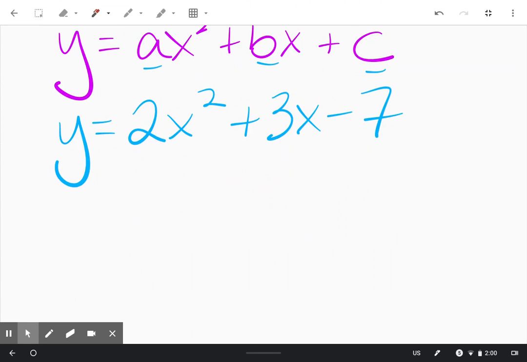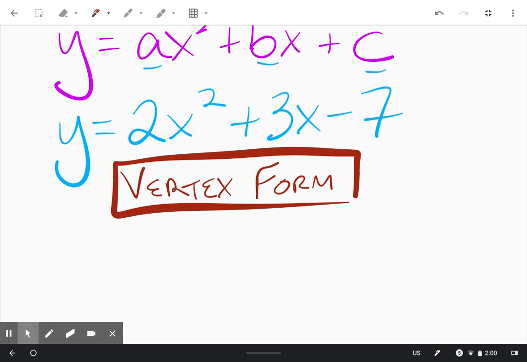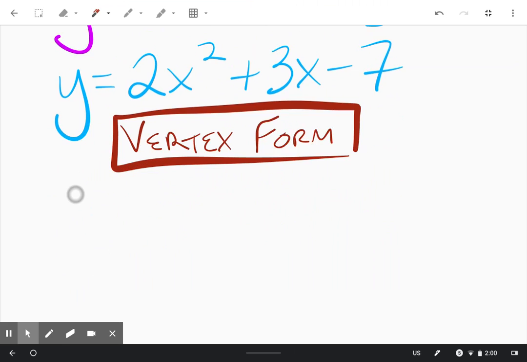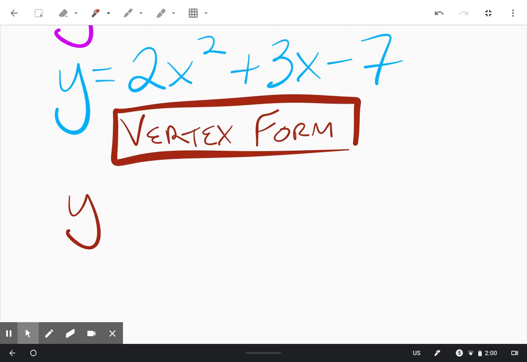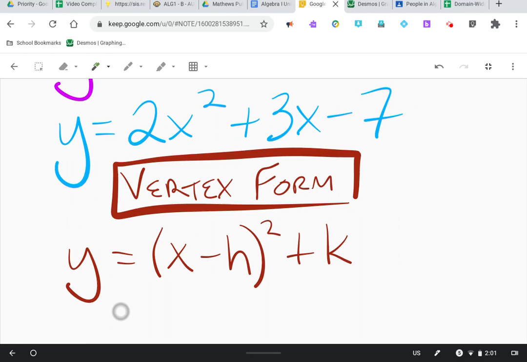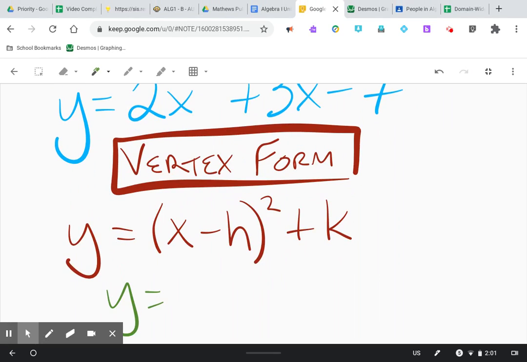Alternatively, you have what you call vertex form, which actually was the form we were mostly working with when I did the lesson about transformations. Vertex form looks like this, where we just have values for h and k. So for instance, it could be y equals (x + 2) squared minus 7,